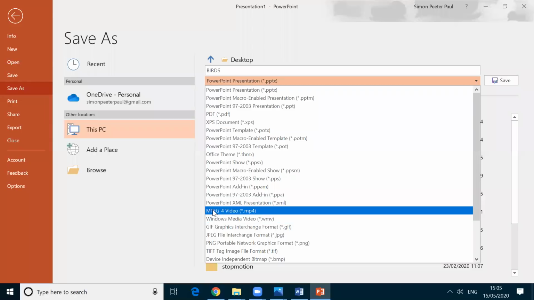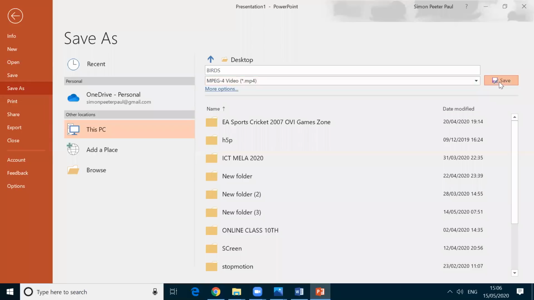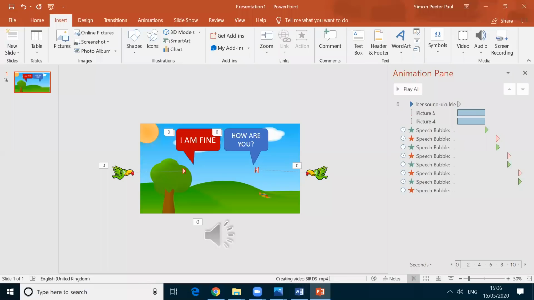MPEG-4 is a video format, .mp4, and then I click Save. See, it is converting the files. It takes 1 or 2 minutes, and then you can compile it into your video. So it is getting compiled.